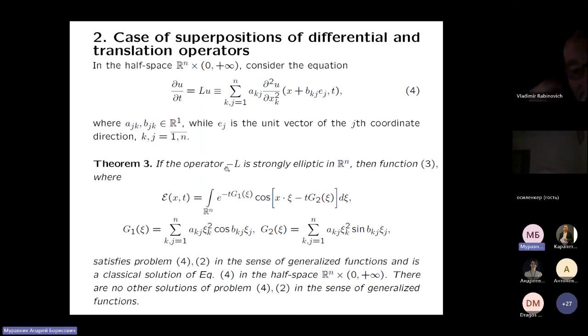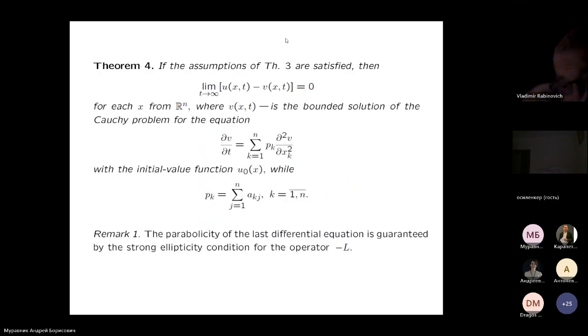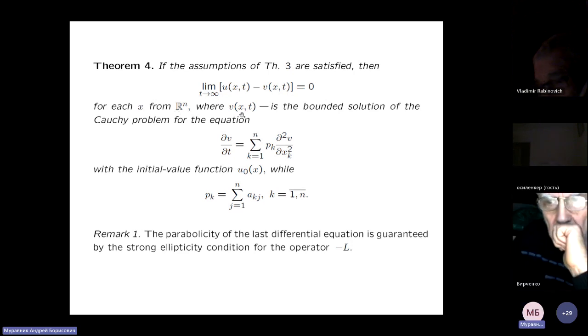Still under the condition of the strong ellipticity of the operator minus L, we have the following assertion about the long time behavior of this solution. Theorem 4. If the assumptions of theorem 3 are satisfied, then this limit is equal to 0 for each x from Rn, where